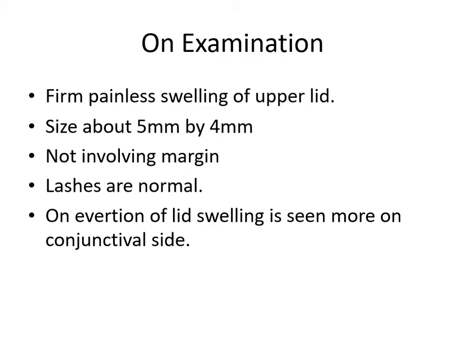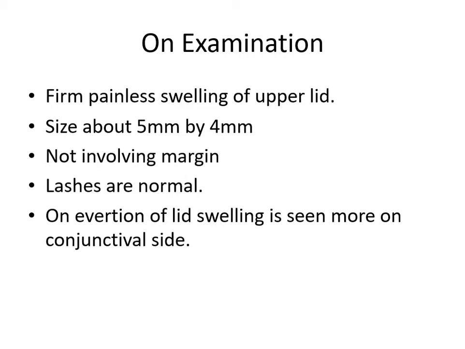And when there is falling off of lashes along with the swelling, if you see a lid swelling and lashes are not there, that is another sign of malignancy. The third sign of malignancy is the presence of telangiectatic vessels. So whenever you examine a swelling on the lid, you should ascertain whether the margin is involved or not. If the margin is involved, look at the inner margin, whether it is rounded off or it is maintaining the 90-degree sharp normal anatomy. Look at the lashes, whether they are normal or there is falling of the lashes.